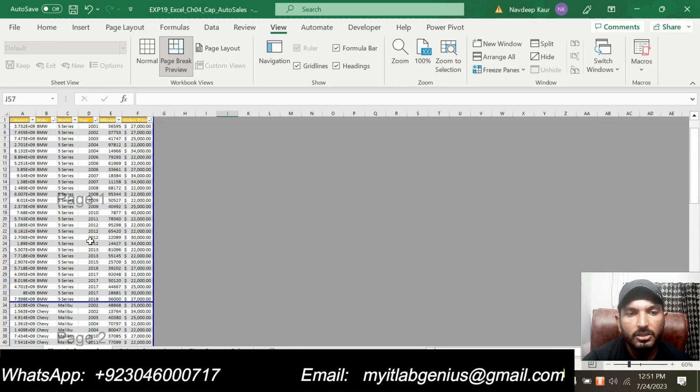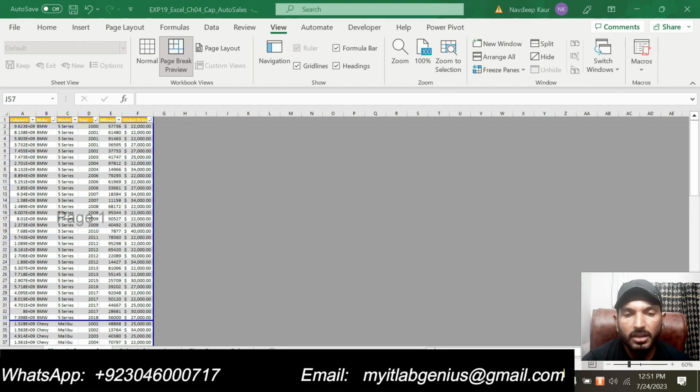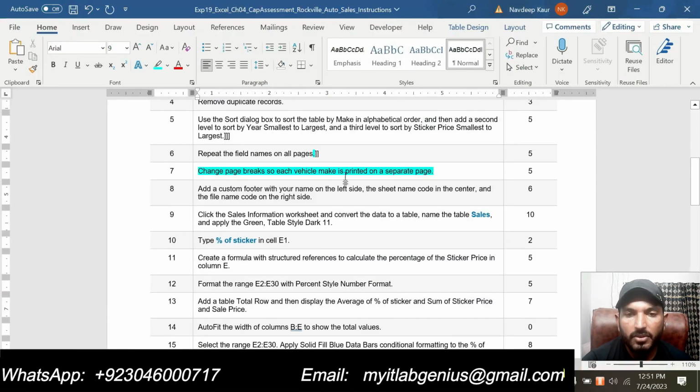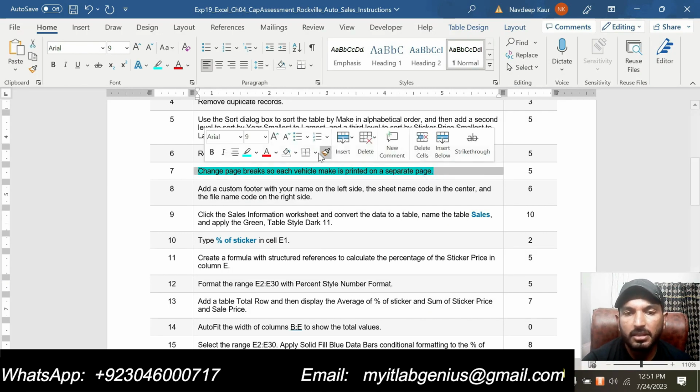So we have changed the page break so that each vehicle make is printed on a separate page. So we are done with step number 7 now.